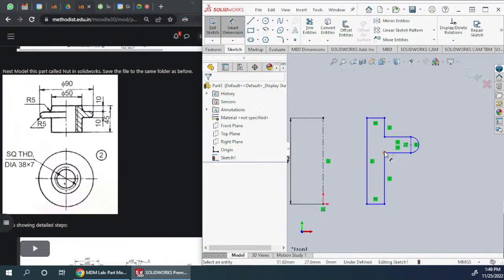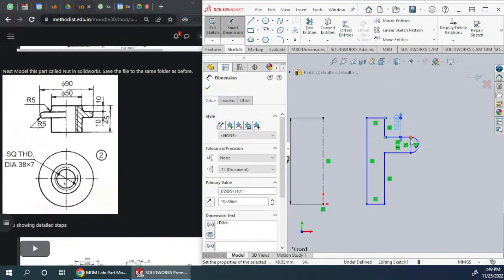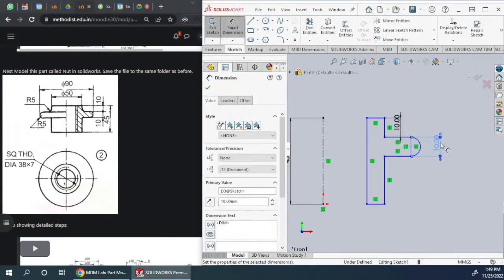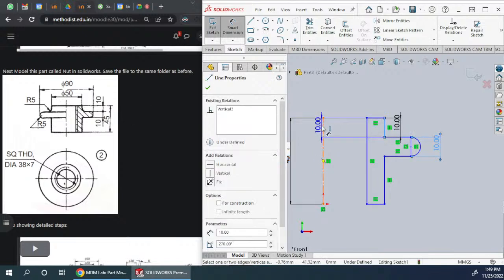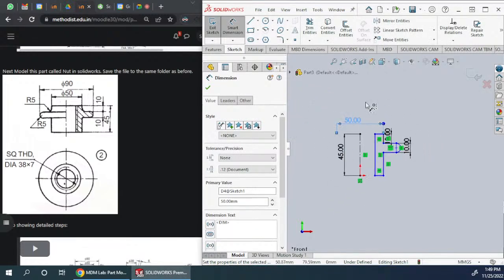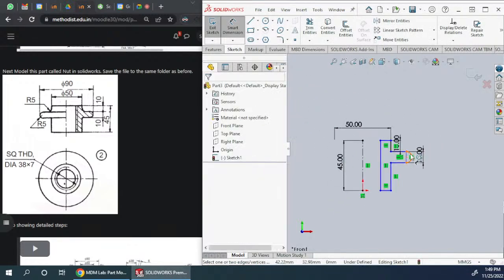So let's go ahead and give the other dimensions. So total 45 we have already given. So this length is how much? It's 10. Then the distance between these two is how much? This is again 10. Then this radius will automatically be defined. This top fillet we will apply later after revolving it. Then this diameter is how much? It's 50. And now coming here,